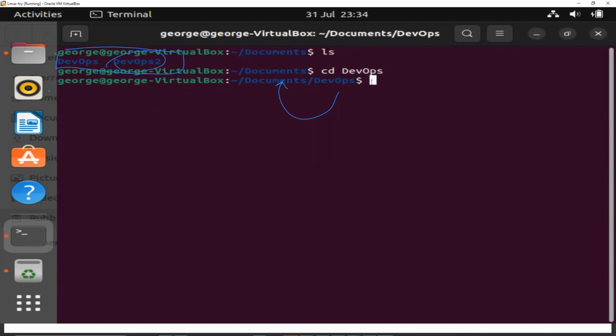I could just do CD .. It means go one step backwards. And once you get one step backwards, go into DevOps 2. And then all of a sudden I'm in DevOps 2. So I don't really have to go back and then enter and then do that. All I have to do is tell the system that, hey, let's just go back